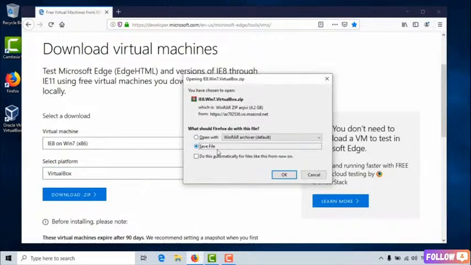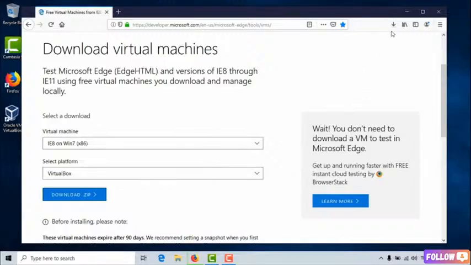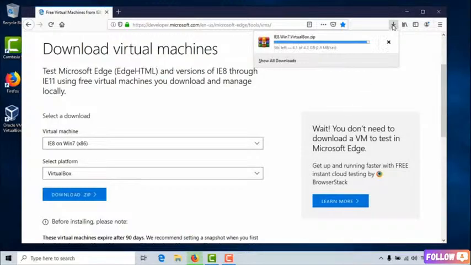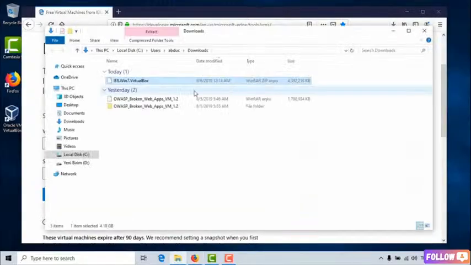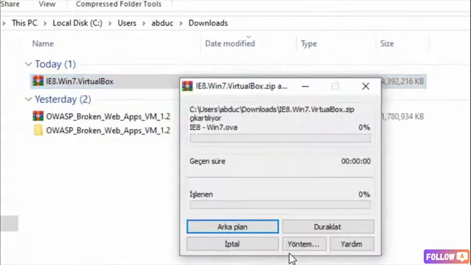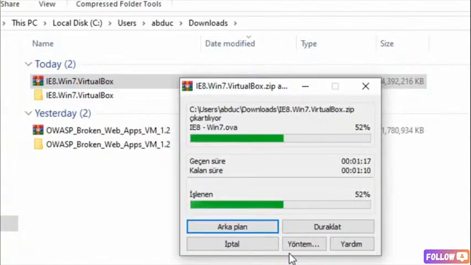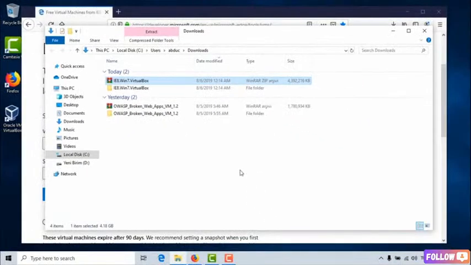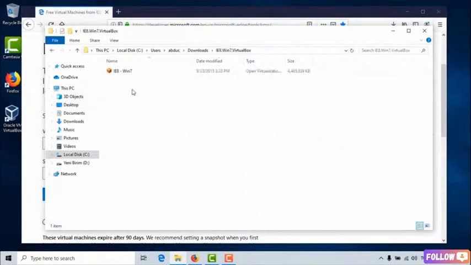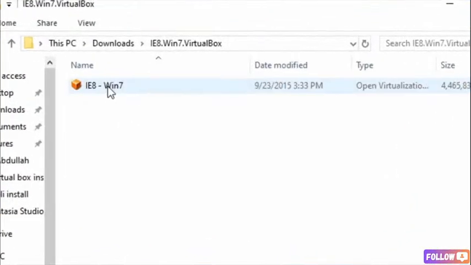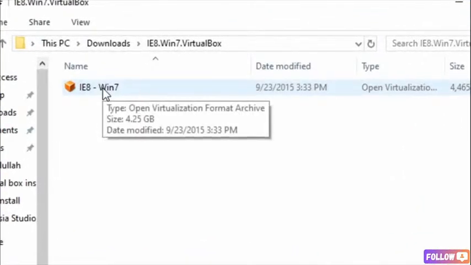And the download process will probably start automatically for you. And of course, it may take some time depending upon your internet speed. And after the download is finished, you'll be able to extract the file by finding it in your Downloads folder. Now, in the ie8.win7.virtualbox folder, double-click the ie8 OVA file,